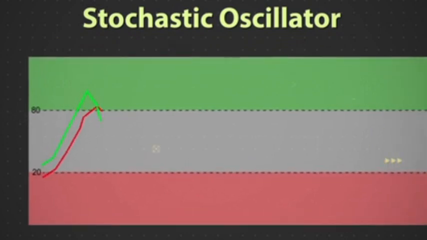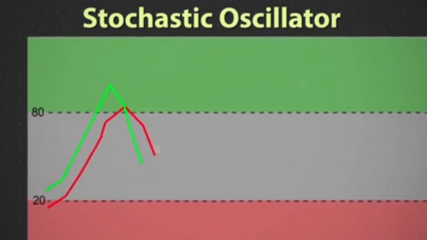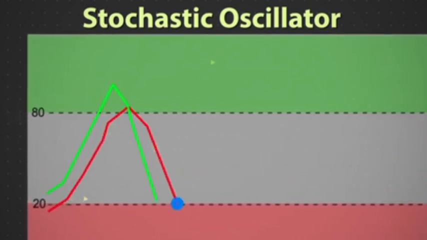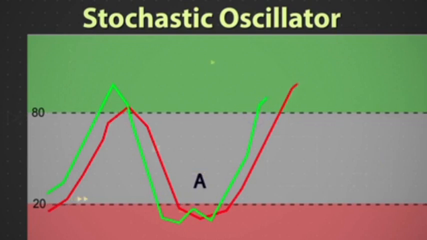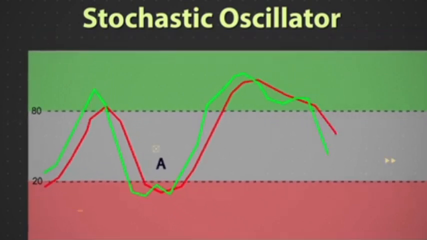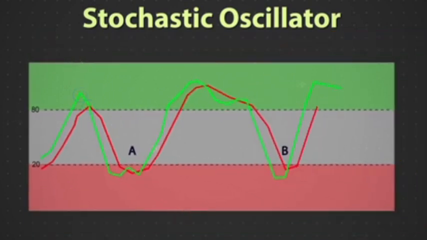All you have to do is to wait for stochastic indicator and price to create a low. Once the stochastic oscillator hits the 20 mark and turns to the upside, you can initiate a buy on that security as per instance A. You can ride the trend to the upside until the stochastic oscillator hits the 80 mark and then exit or square off your position. You will get an opportunity to enter a long position once again at instance B, and you can ride the trend until the stochastic oscillator hits the 80 mark.